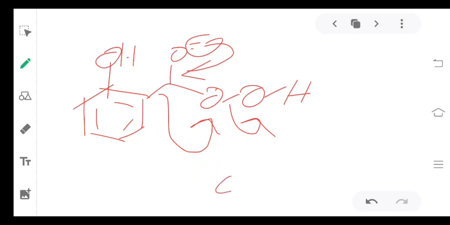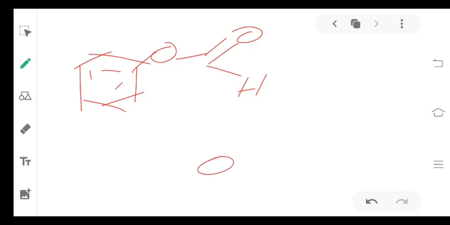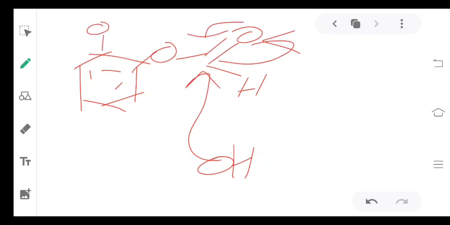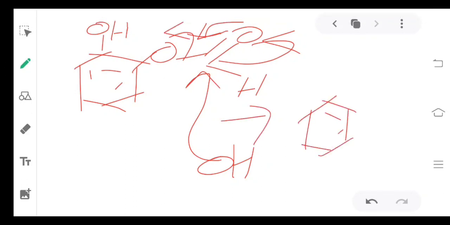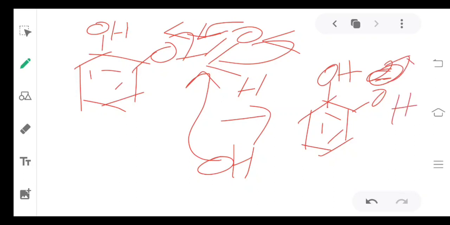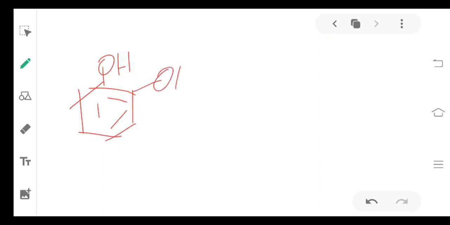Now again OH will attack this center. It will open, and when this bond breaks, you will be having OH over here and O minus over here, which will abstract the proton, and it will form diol. It will form OH and OH. Okay, and